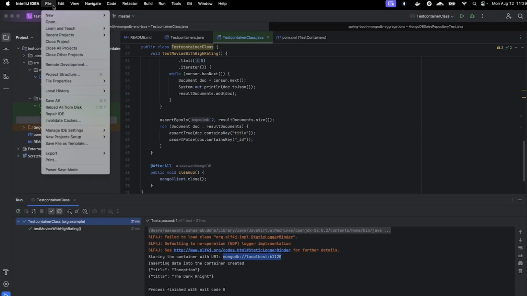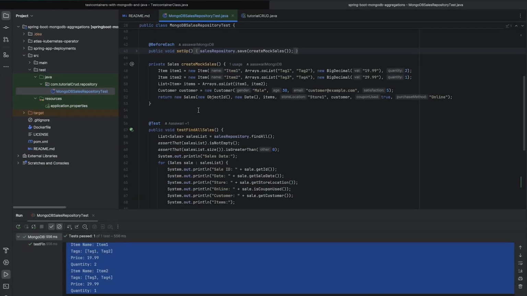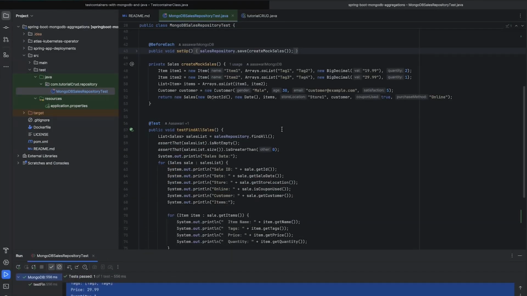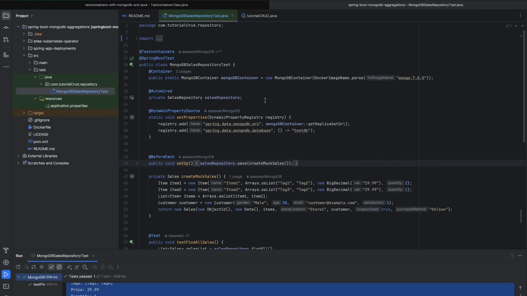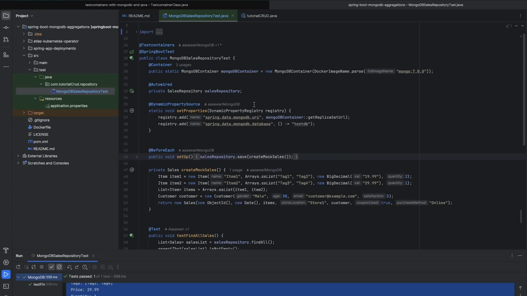So I have the same Spring Boot application loaded. So this is the Spring Boot application that we have in our system, and the GitHub repository link is given again in the description below. So this project is basically using the sales data from the mflix.sales collection, and this uses all the sales data. We would be using that, and again writing the test cases on this. This entire application has a couple of REST APIs that are being used to create some of the aggregations that we want to do on the sales data. Let's focus here on how do we write the test cases for this.